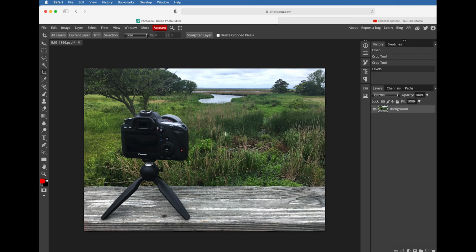And then click Save. It's going to save to the download area of your computer, whether that's a Mac or Windows machine. And that's all you have to do. It's ready to go. So I hope this helped